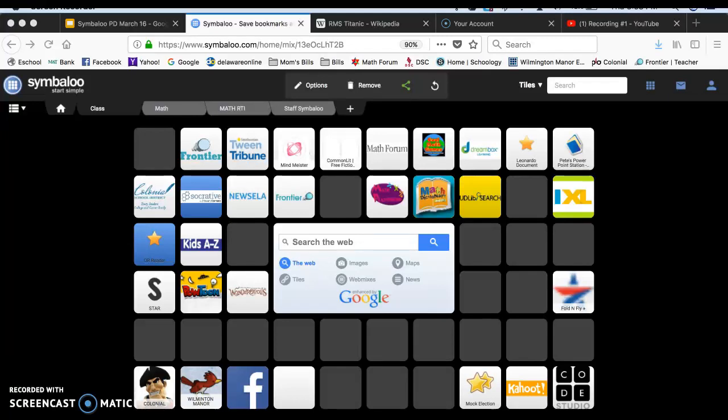This time, now that you have your Symbaloo account all set up, I'm going to show you how to create a new Symbaloo and to add a tile into it. To add a new Symbaloo is simple. Up here you will notice that next to the names of your Symbaloos, there's a plus sign. So just click on the plus sign